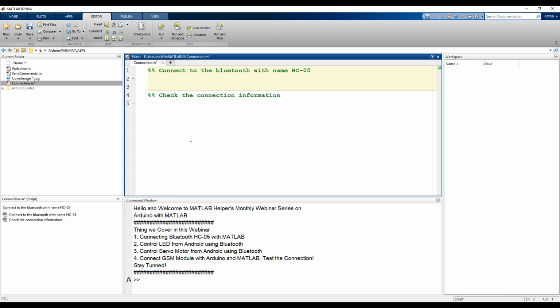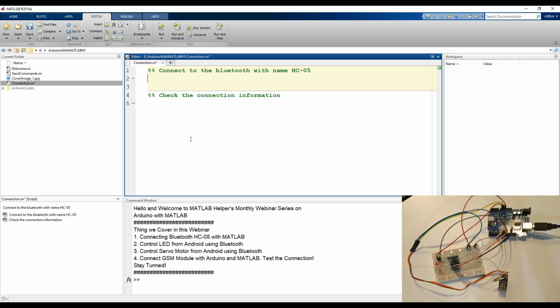I'll just connect my Arduino to the computer, and we'll be checking if the connection with the Bluetooth is established or not. So I'm just connecting my Arduino to the computer using the USB.